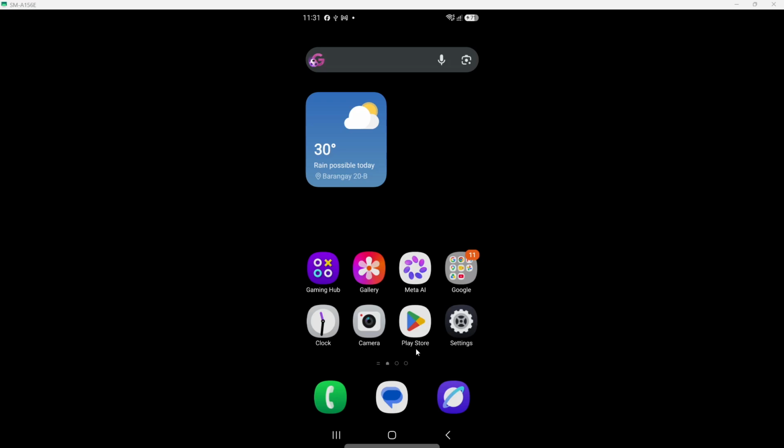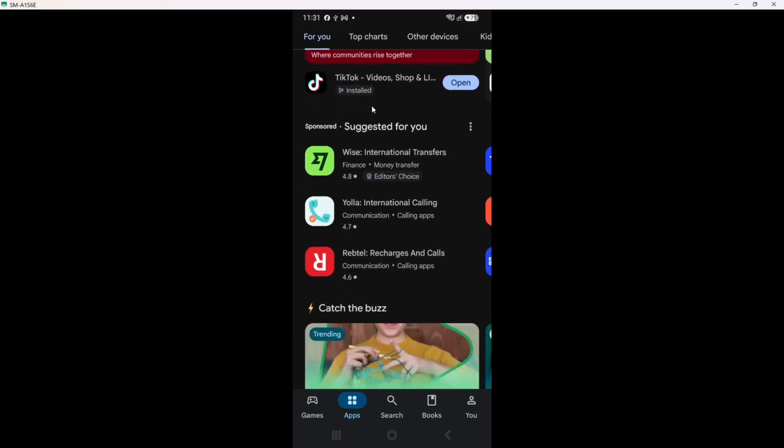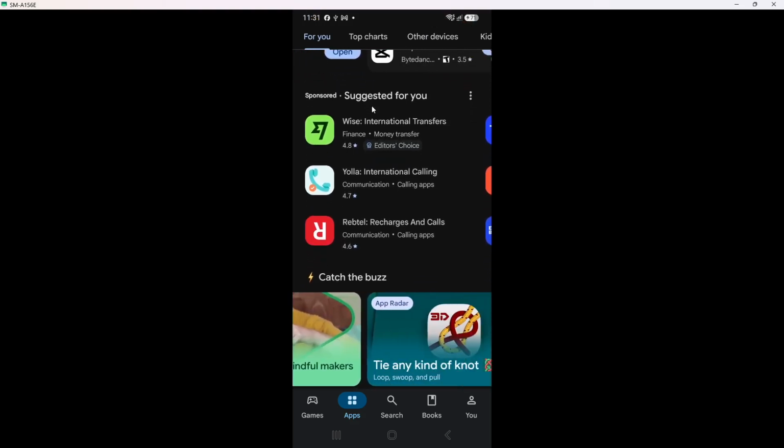First, open the Google Play Store on your Android device. You can find the Play Store icon on your home screen or in the app drawer. This is an essential step because the Play Store is the official source for downloading apps. Once you tap the icon, the app will load, displaying a variety of apps available for download. It is important to ensure you are downloading from a trusted source, and the Google Play Store is the best place for that.